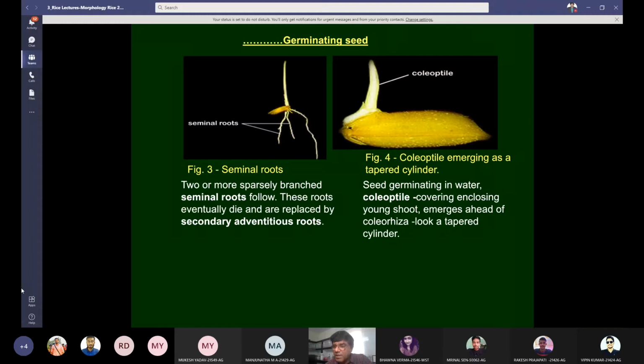Now what happens when seed germinates in water? Seed germinating in water, coleoptile will come first. Note the radicle. So coleoptile covers and closes the young shoot ahead of coleorrhiza, like a tapered cylinder. You can see in the picture, this is the coleoptile.